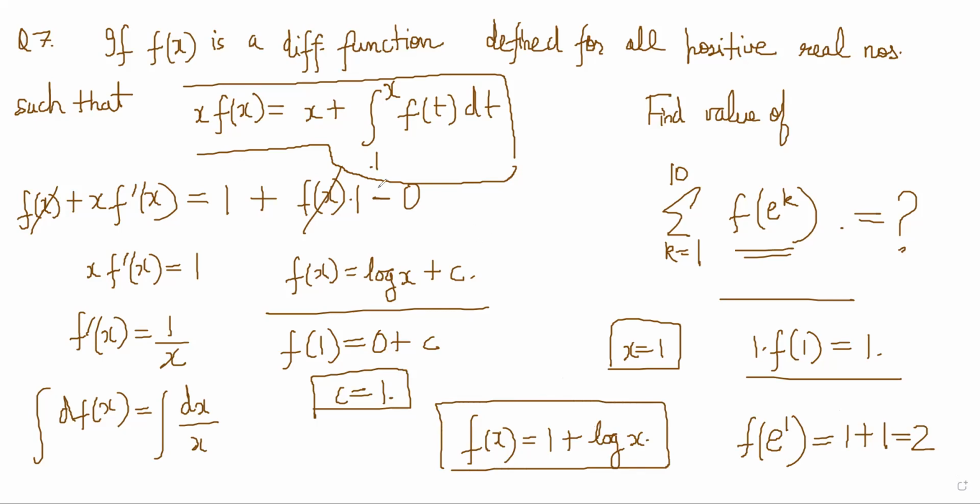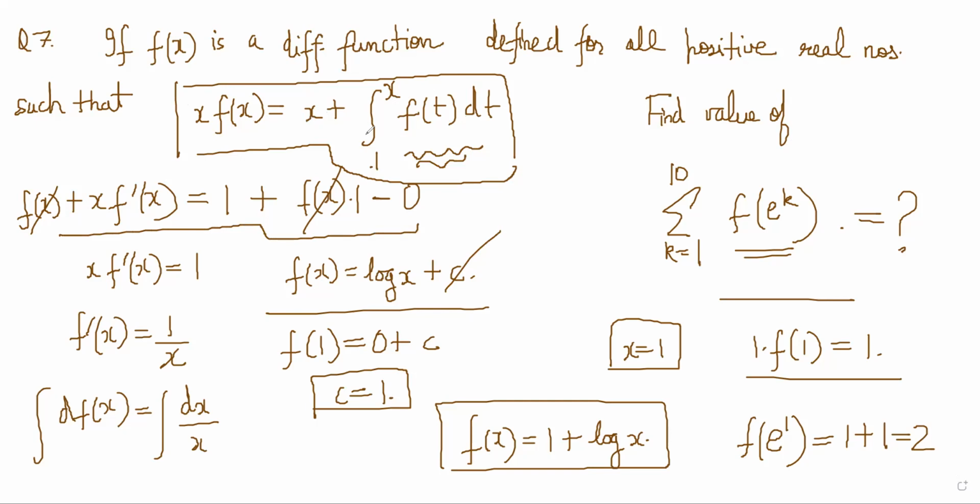So understand that the differentiation of an integral property can be handy in many questions, and you need to think of doing that. Like here, you don't want to handle this integral. You don't know anything about the function other than it is differentiable. So you should just differentiate and see what comes. Once you get this, you cannot ignore the constant. If you ignore the constant, it will be wrong, because there is a condition here, so you have to figure out what the constant is.